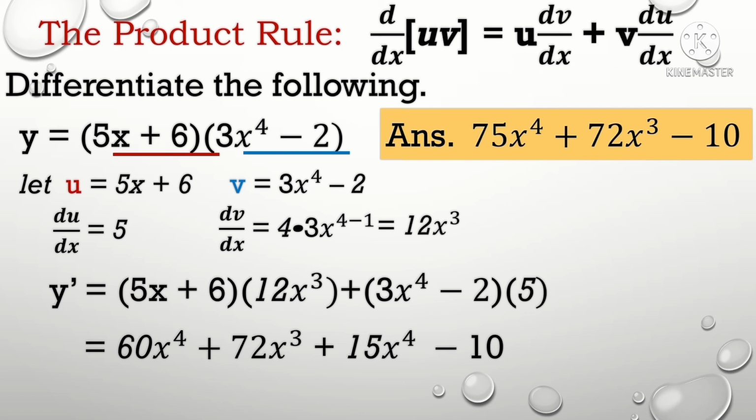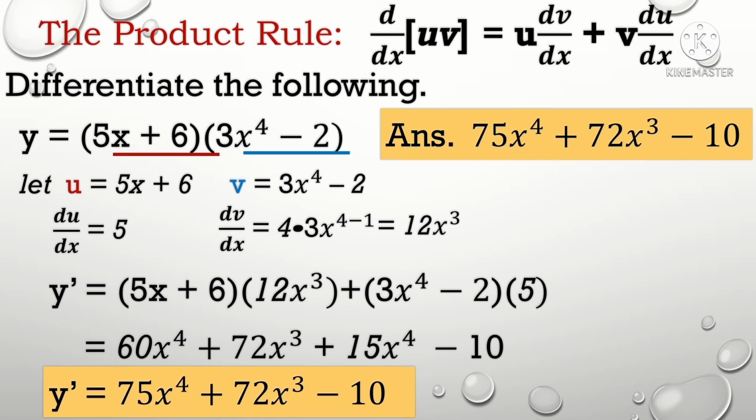And then combine like terms. So ang like terms po dyan lamang ay itong 60x raised to 4 and 15x raised to 4. So let's combine. So the final answer, so the derivative of the given function represented by y prime, it's 75x raised to 4 plus 72x raised to 3 minus 10. So it's the same with this one. Okay, so that's for the